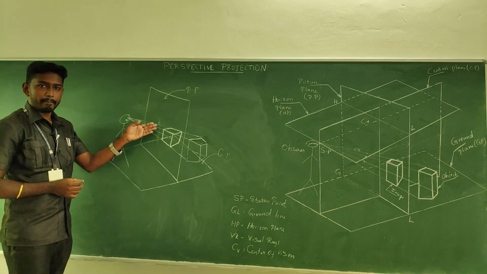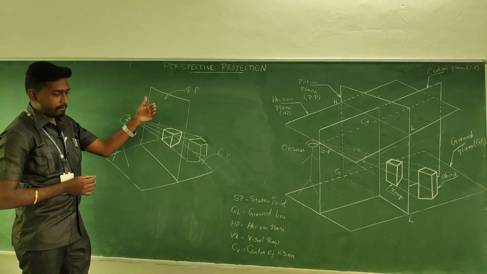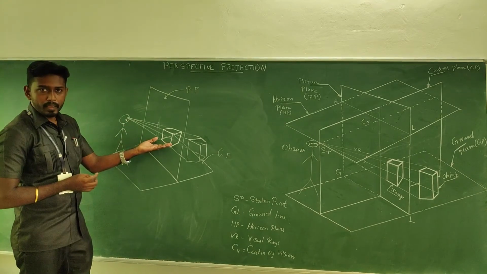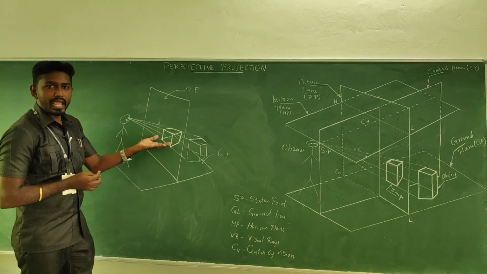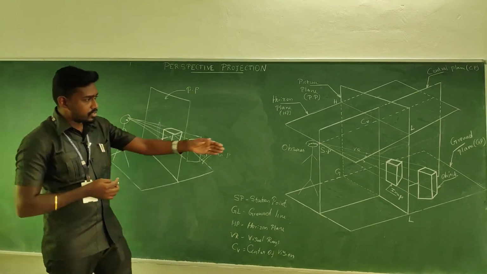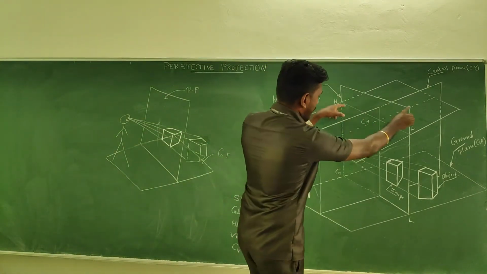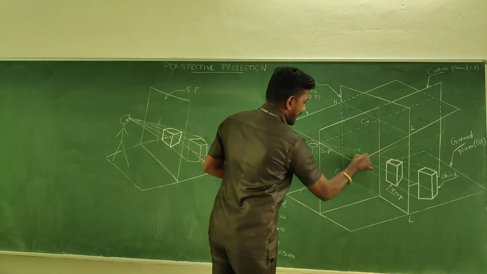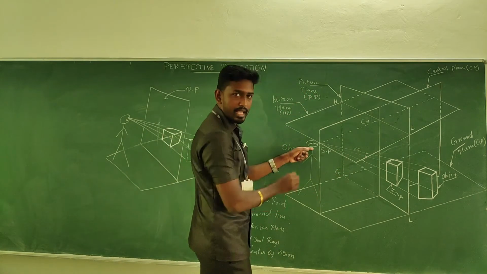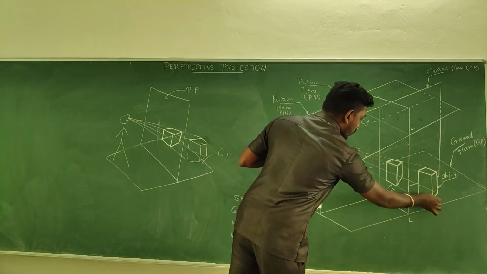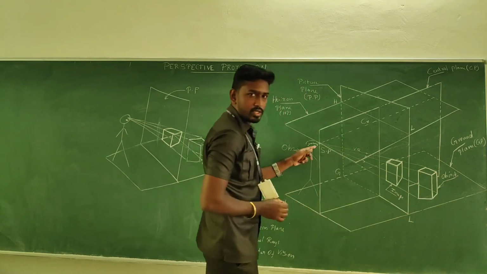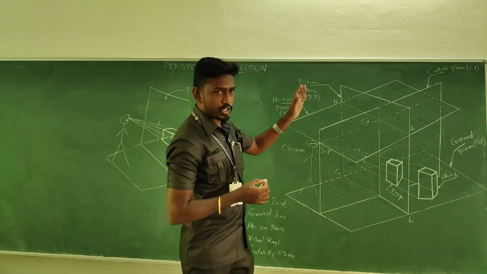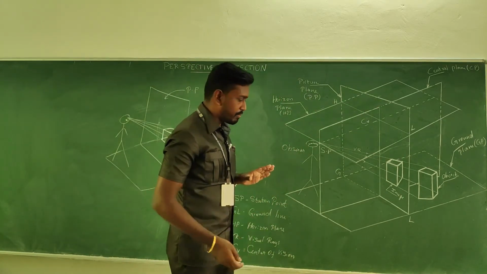Like this manner. So the picture plane is a vertical plane which is kept perpendicular to the GP, on which the perspective view is obtained. Okay, so that's what is given in this image. So these are the visual rays passing from the eyes and falling on the object at each and every corner of it, by which we can form the perspective projection on the plane called the picture plane.